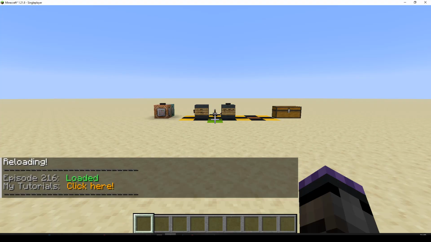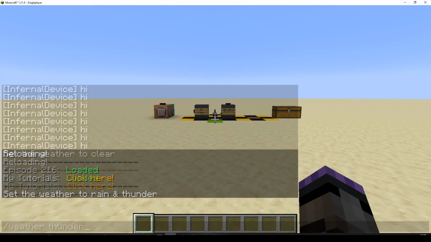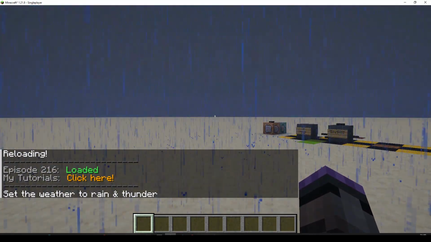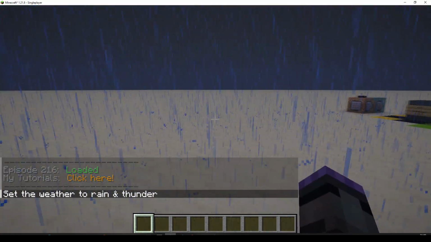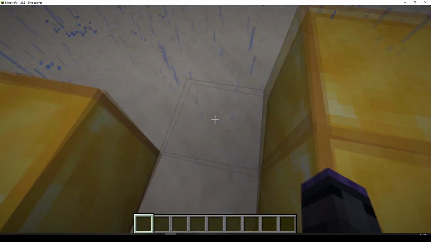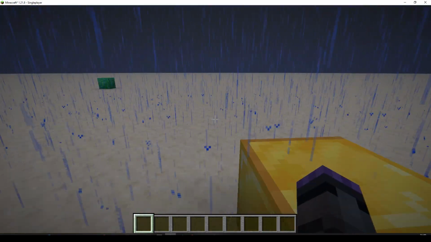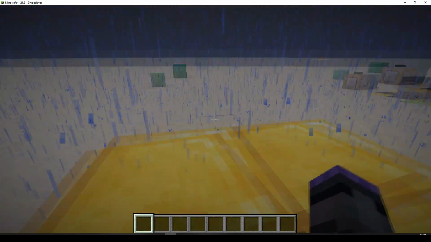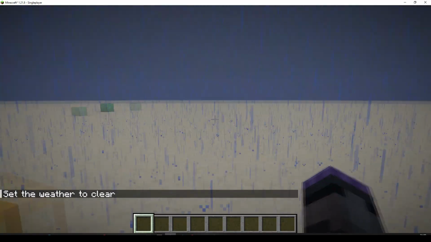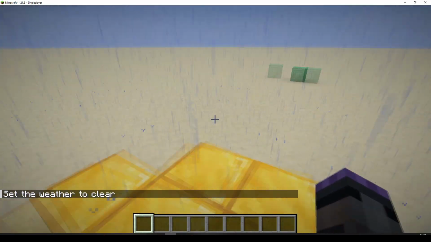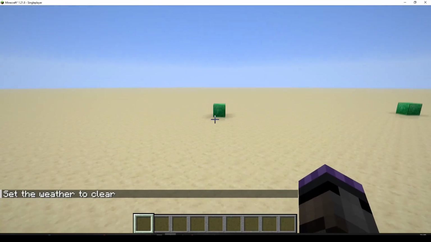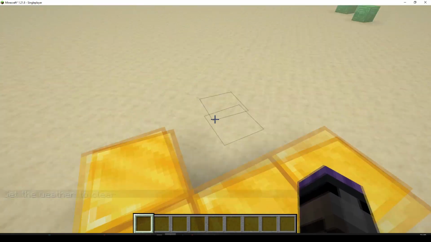Reload. Change the weather to thunder. It always takes a few seconds to kick in. Wait for the storm to start. There we go, started. So every time, near me. Okay, let's stop that now. So we can see where the lightning was hitting because we're getting the emerald blocks,